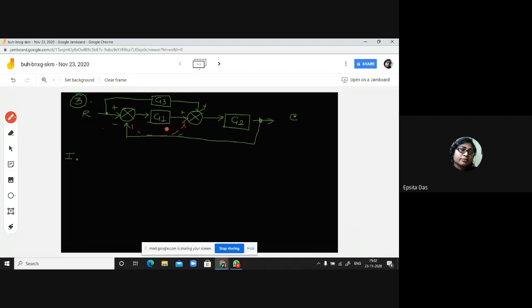ওকে, এবার যদি সেটা করি তাহলে আমার কি কি চেঞ্জেস হবে? If my summer comes here, what will be the change? If my summer comes here, it will not get the G1. এখানে কি হচ্ছিল? What the signal is coming, whether this one or this one. These two are summed or compared, and the final signal X is coming here, and this X multiplied with G1 coming to this summer. But if I directly put this summer here, what will be the value coming?